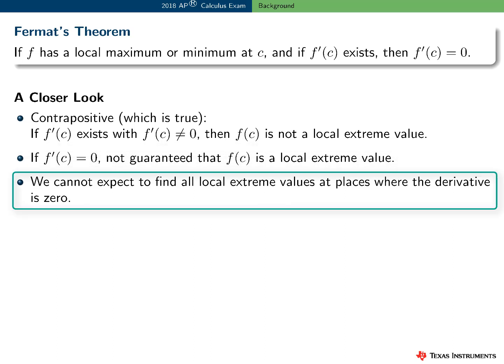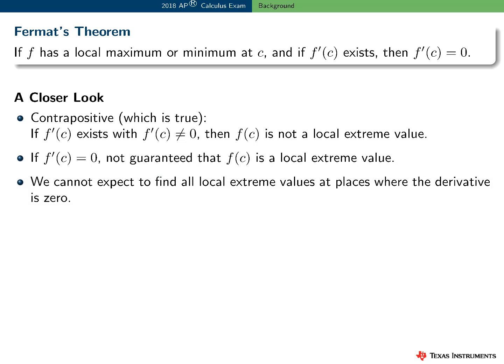And it seems unreasonable to expect to find all local extreme values at places where the derivative is 0. It seems like we need to look in other places also. Just thinking about the absolute value function, we need to consider places where the derivative does not exist. So, Fermat's theorem and a few simple examples suggest that we should at least start looking for extreme values of